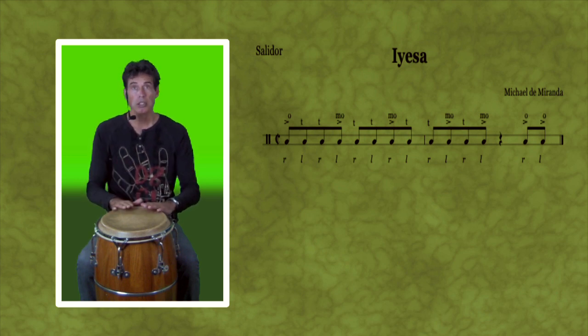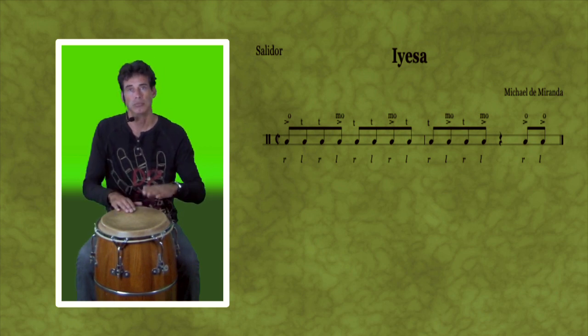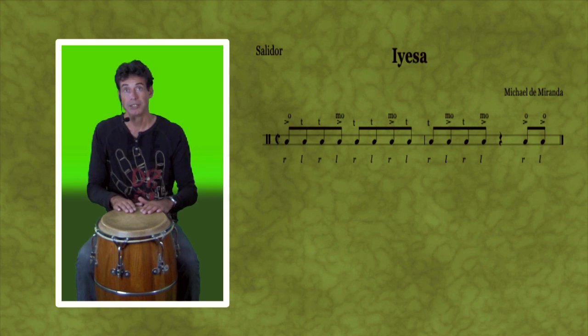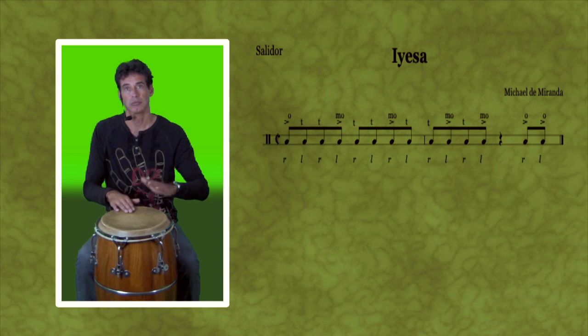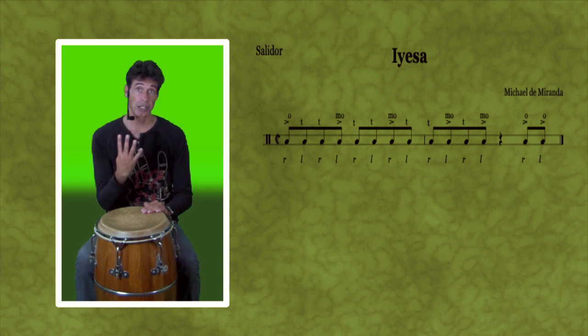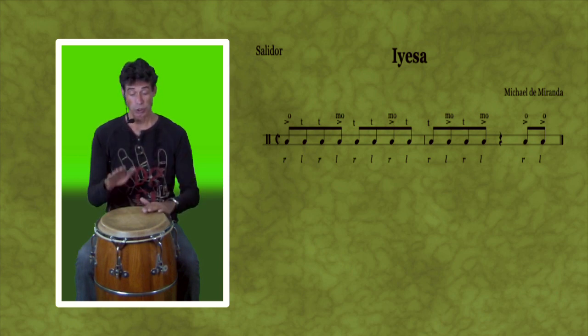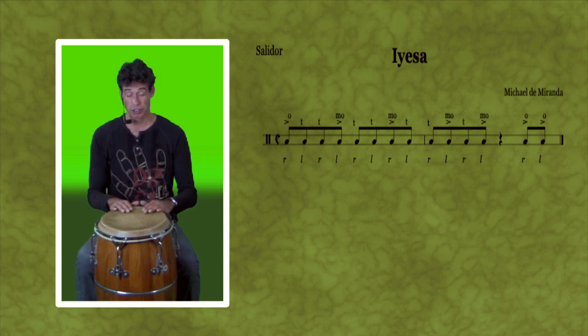So you have 1, 2, 3, 4. 1, 2, 3, 4. Then a small rest, and then on the 4th count, 2 open tones, 1, 2, and after this you are playing to the first beat again. So the complete rhythm is like this: 1, 2, 3, 4, and